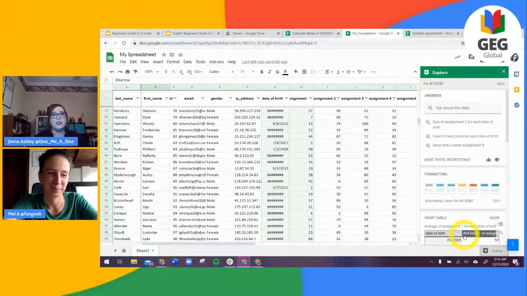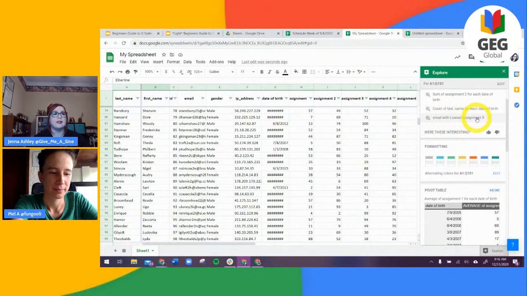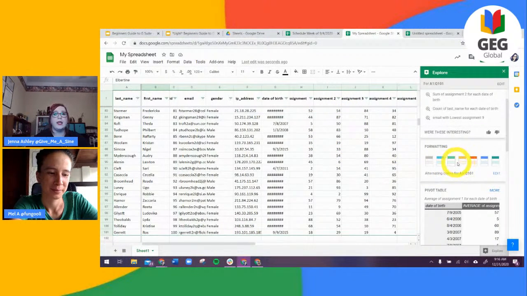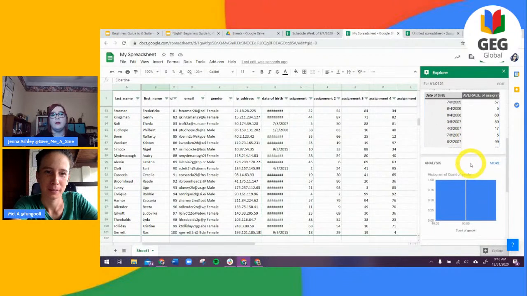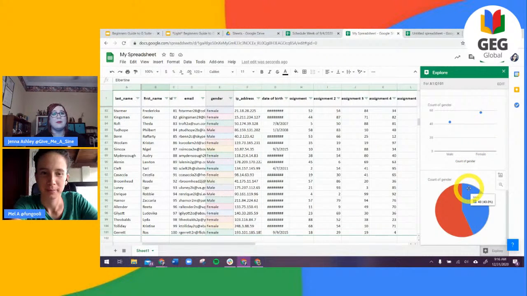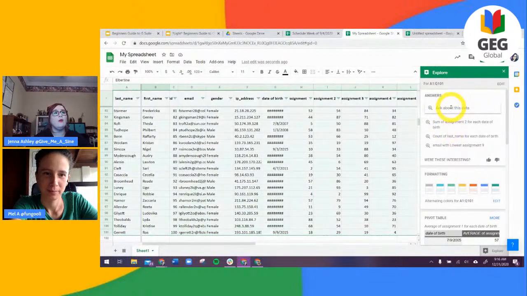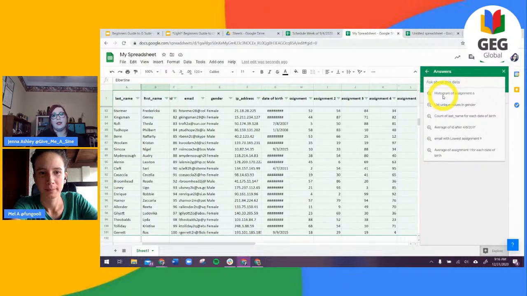In some of your other G Suite apps, you can use it to find pictures or find information. But with Explore in Sheets, I can find all kinds of information. I can get email addresses for the lowest score on, say, assignment 2, everybody below a certain number. I can do my formatting if I want. I can see some basic breakdowns of my data. But if I don't know what I want, Explore is really nice because I can click in here and say, okay, give me